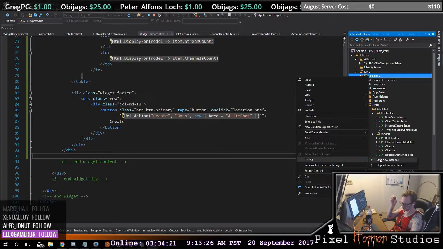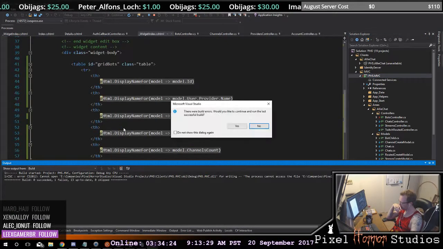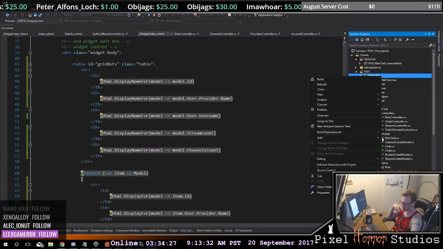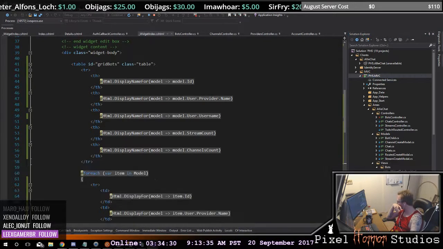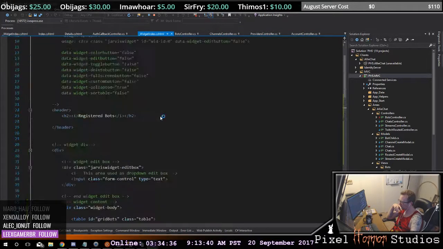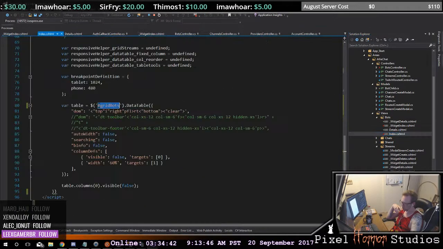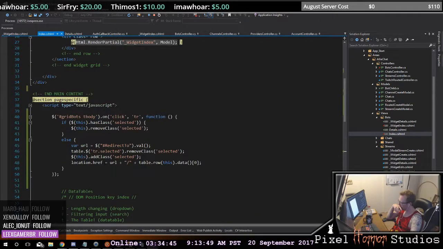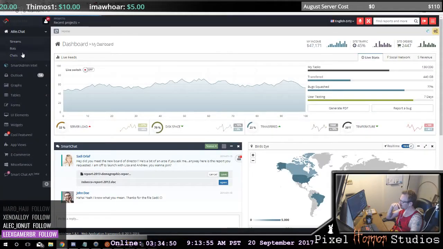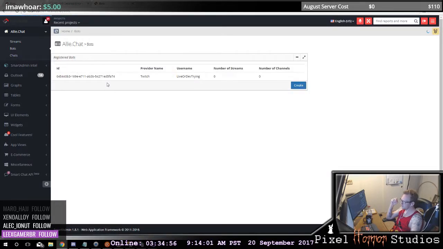And also we should probably be getting our select. Did I put that code in there? I might not have. Let me see if I got my redirect in there. Yeah, there it is. So we come over and we look at our bots. Here it is. It looks like it is in fact showing me ID. And it doesn't look like it's loading my